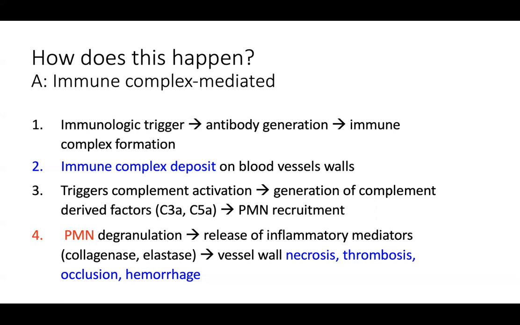And depending on when you biopsy the vasculitis, is it early? Is it at the peak? Is it later? Is it an old vasculitis? You may be seeing different evolution of the process. So if you biopsy super early vasculitis, you may not see great necrosis of the vessel wall. You may not see a ton of extravasated red blood cells. If you biopsy it right at the peak, you may be seeing a good amount of fibrinoid necrosis developing in the walls with surrounding extracellular